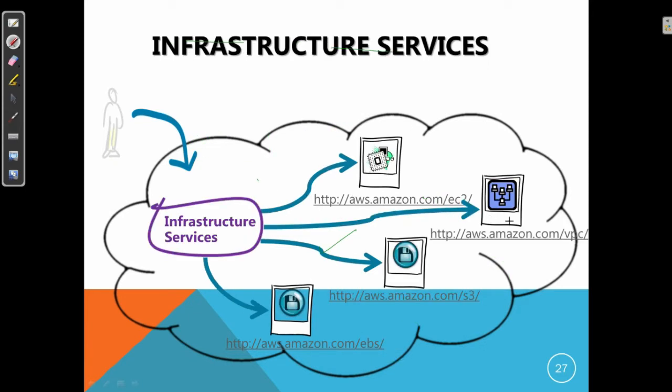Then these are very common services offered by AWS, which are termed as infrastructure services, that is IaaS. The most common is EC2. This is very much equivalent to the virtual machine which is offered by Azure.